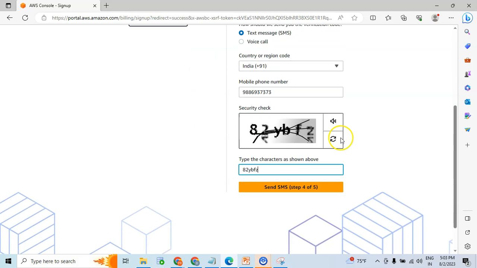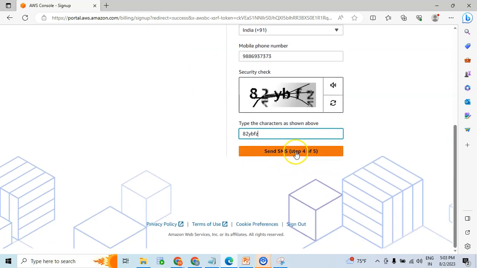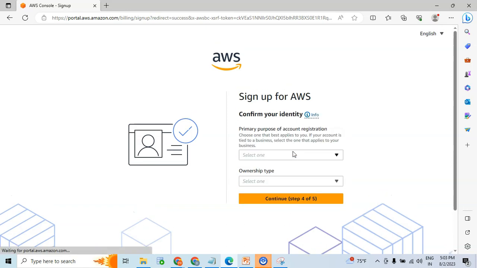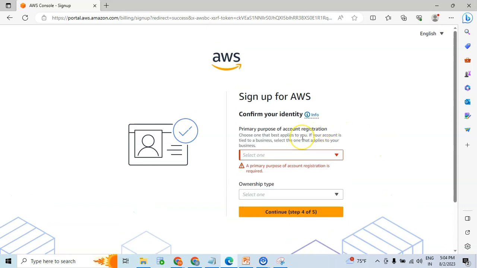Well, once I fill up the details, let me proceed with the send SMS. Now let me confirm the verification code that I have received in my mobile. Now click on continue. This is where AWS is asking some more information, like what is the purpose of the